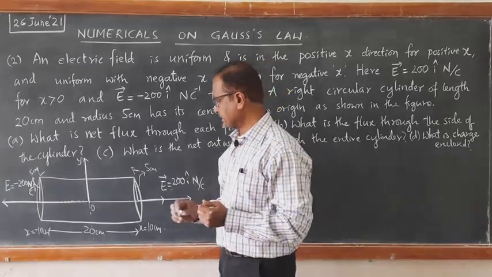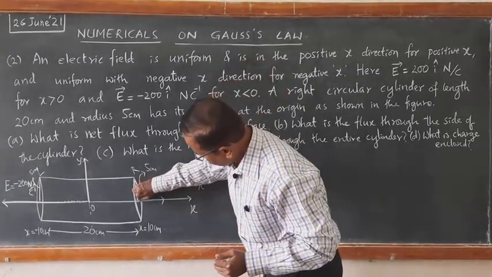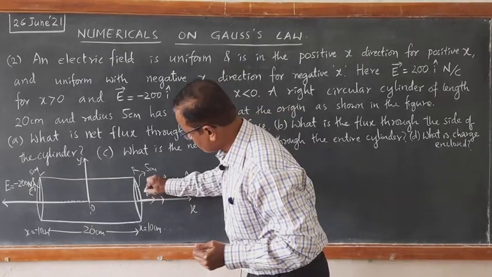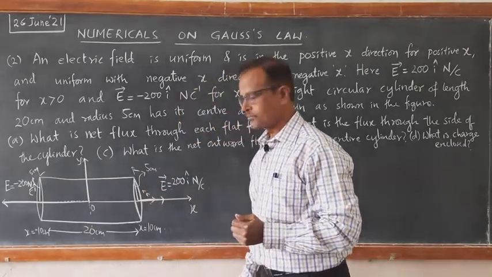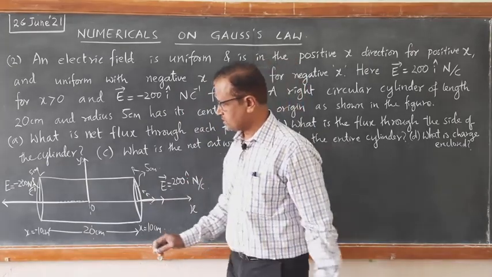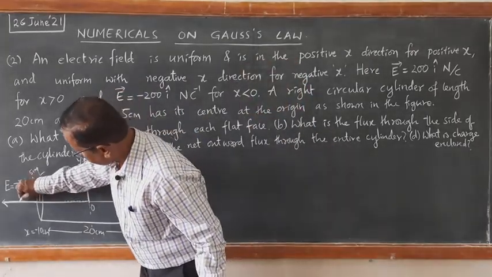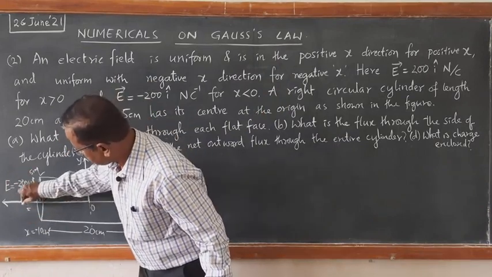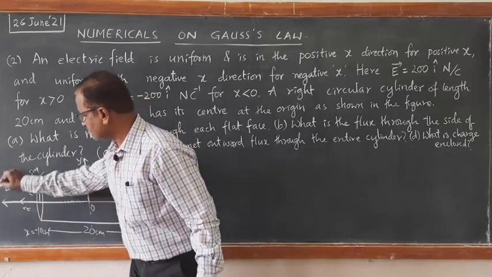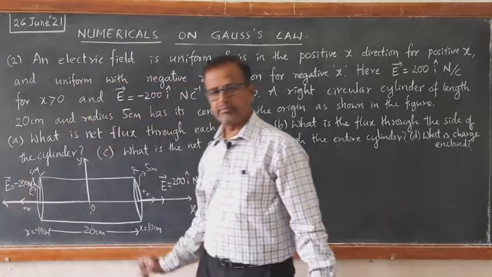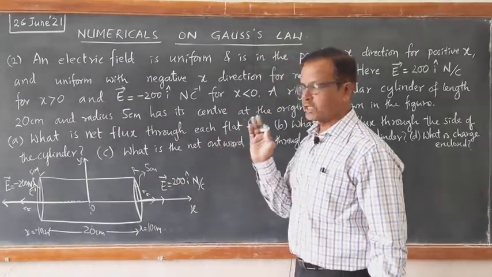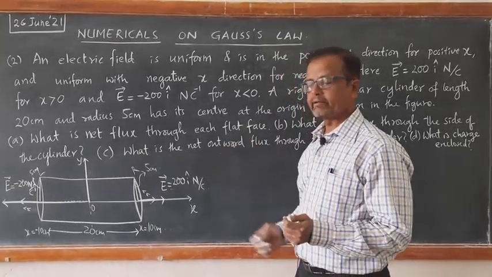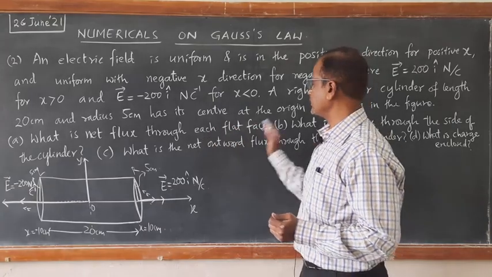That is quite easy. Now, if you look at this, the normal drawn here is in the same direction as that of the electric field. So, the normal of the area and the electric field are in the same direction. Similarly, at this second flat face, the outward normal is again towards the left side, and the electric field is also uniform in the same direction. So, the area vector and electric field vector are in the same direction in both cases. So, one can calculate the first question, what is the net flux through each flat face?